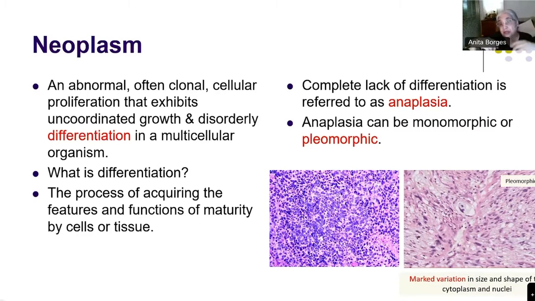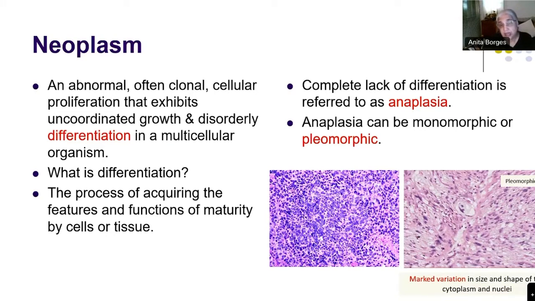Okay? So when something is so varying in size and shape, and when you look at it, unless you actually do some kind of immunohistochemistry that tells you what the lineage is, it is completely lacking features of differentiation. Then you go to find out, is it showing smooth muscle markers, and we call it a pleomorphic leiomyosarcoma or liposarcoma or whatever else. But that means a lot of very in-depth study by ancillary techniques.